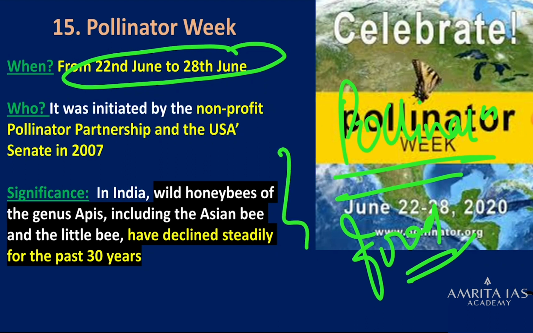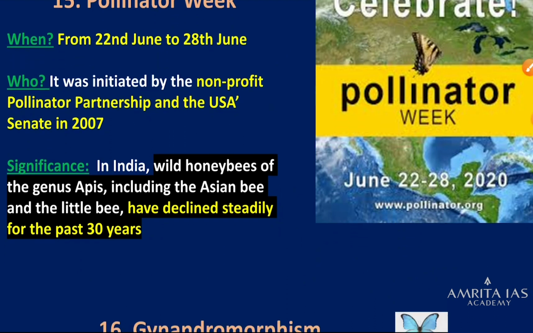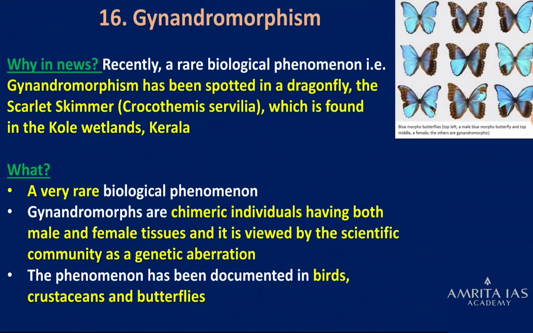Okay, so in India, wild honey bees of the Apis genus, including the Asian bees, have declined steadily over the past 30 years, and that is one of the problems being faced with respect to biodiversity and the linkage it has with food security. The last one, that is